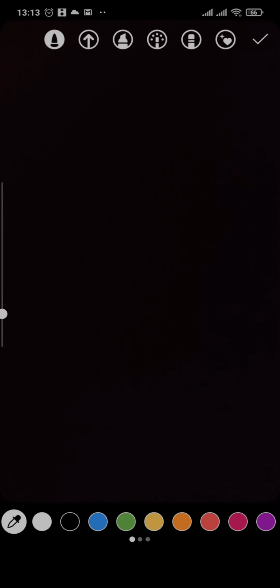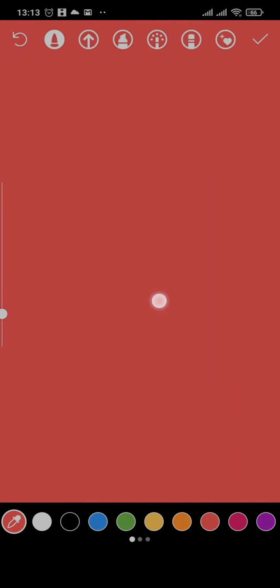Now after you captured your blank screen, you can also change the color of your screen by tapping on the three dots up top right and tap on draw. Select the color that you want to add and tap and hold the screen for a few seconds and the color will be added. Now after the color has been added, tap on the sticker option on the top